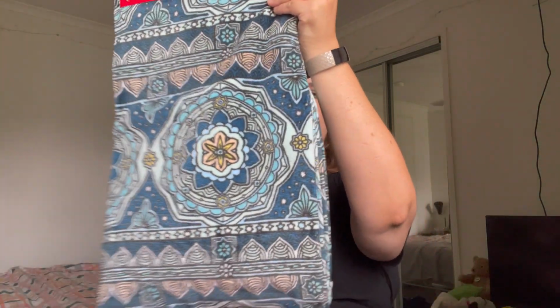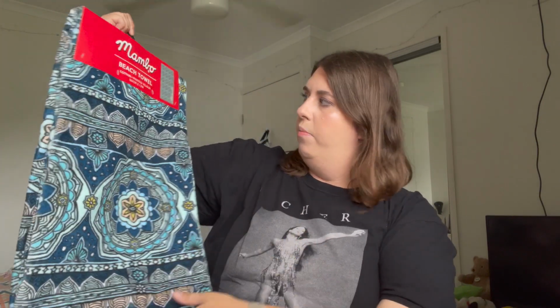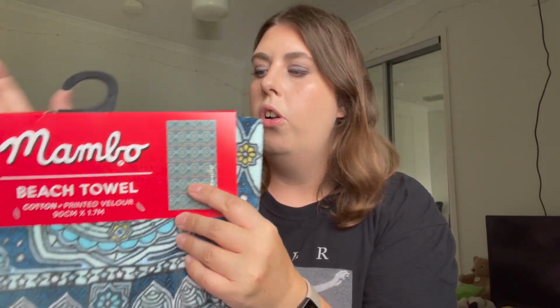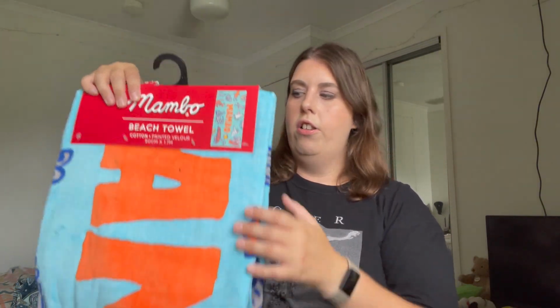So I picked out this one, this kind of very funky, like mandala type effect. You can see there the whole print is the same the whole way, and then it's just got Mambo printed along the side. It feels like such good quality, feels like a really nice, thick towel that actually is going to dry me. And then Tim picked out this one, so it's got Mambo in huge orange letters, but